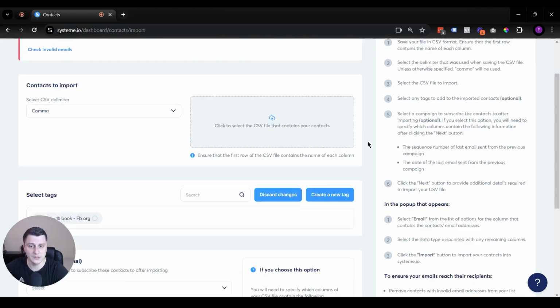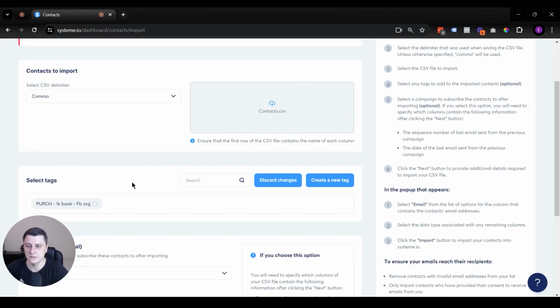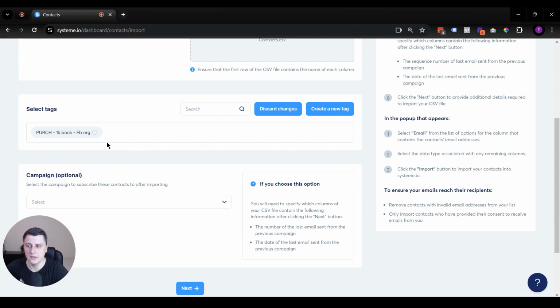Obviously, before you do anything, go through and read everything. But what you need to do here is you click on this window and upload your CSV file from your computer. So I have it uploaded here, contact CSV. If you need to select any tags, you add them here. Just like I mentioned before for the single contact, here you can do the same thing for 1,000 contacts: they came from here. And also campaign, which is optional, you can add them to an email campaign, whether that's one email where everyone receives the thing you promised during the live event,